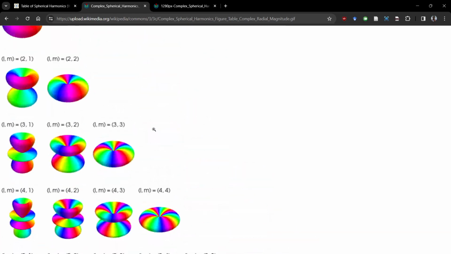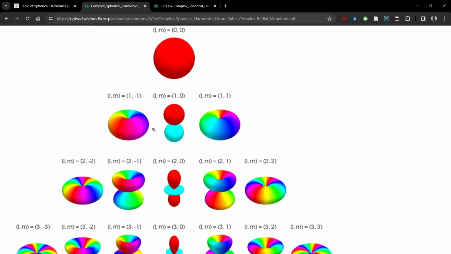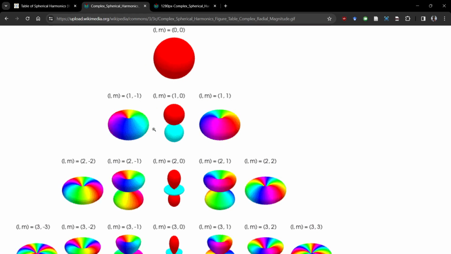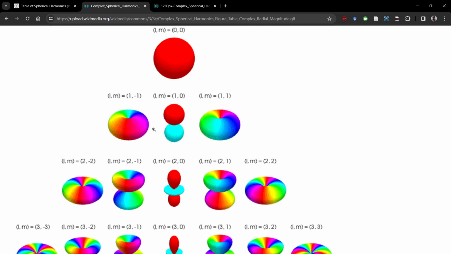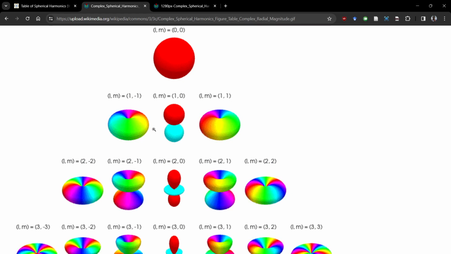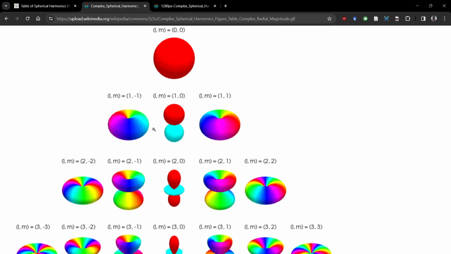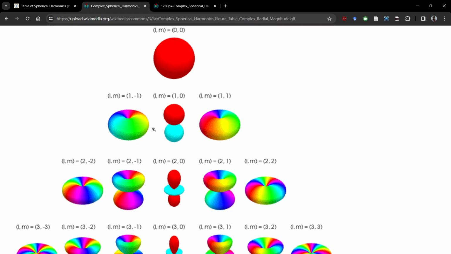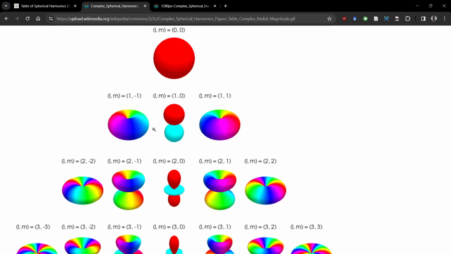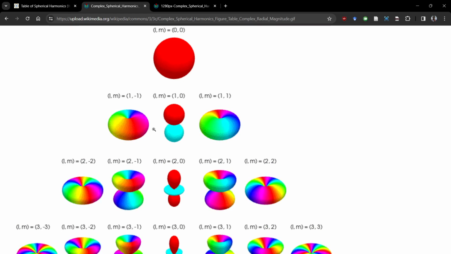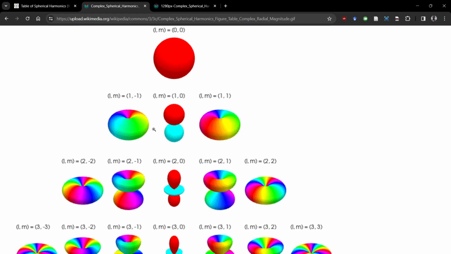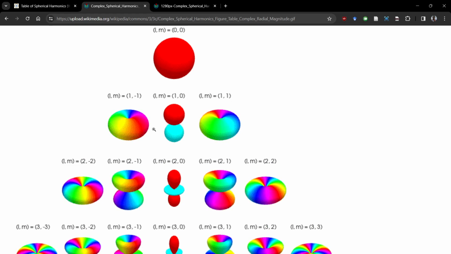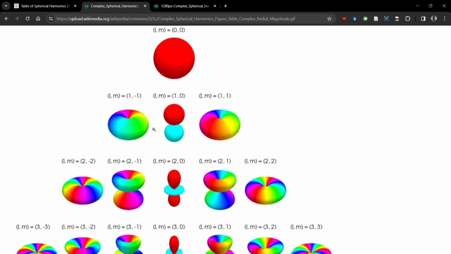All right, so these are polar plots of the spherical harmonics. They're rated by j, which they call L here. Remember, there are 2j plus 1 m states. So j equals 1 has 3, j equals 2, the d's, have 5, the f's have 7, and so forth. And you can actually see the angular momentum here in the phase. So the j equals 0, m equals 0 state, the rotational ground state of our electron, is just a sphere